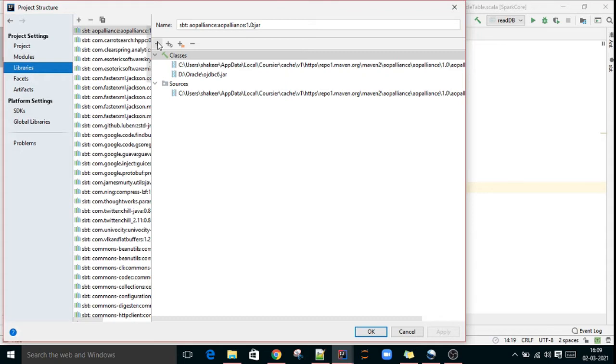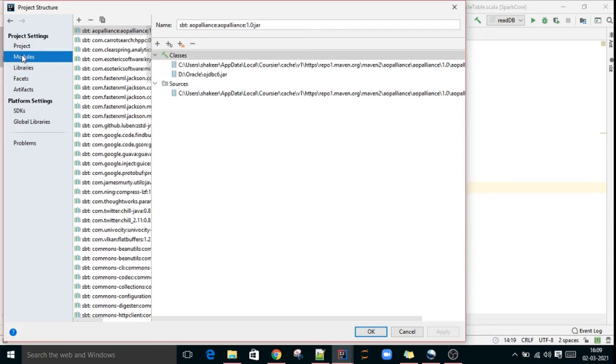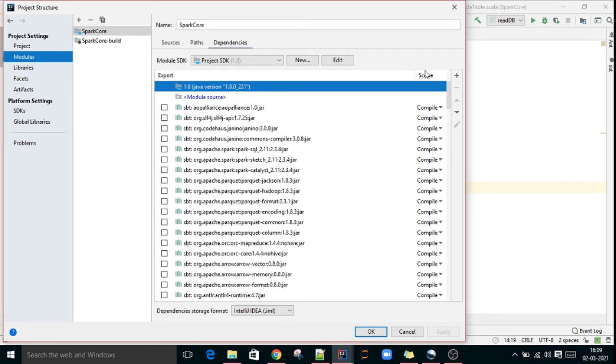Here, Project Settings, Modules, the plus symbol, add.